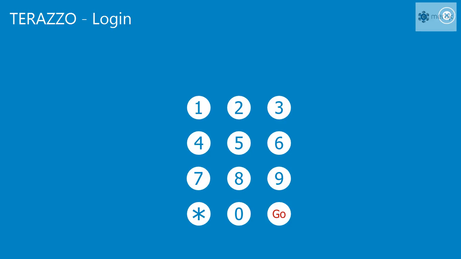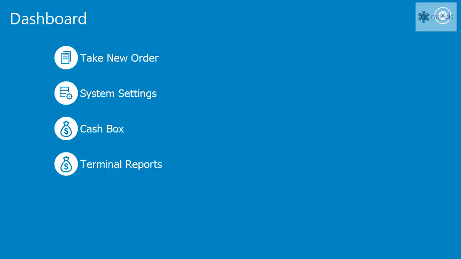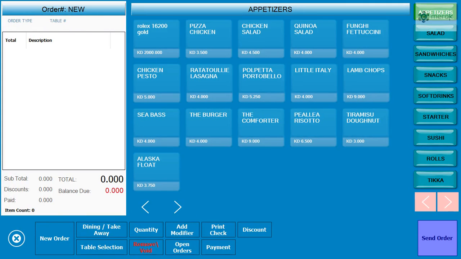This is the restaurant management system that we are showing the demo of. This is the login screen. You can use the password. There are two options: you can see the field, or hide it to not disclose your password. When you log in, you come directly to this setting screen where you click on take new order. When you click on take new order, it shows you the entire screen.